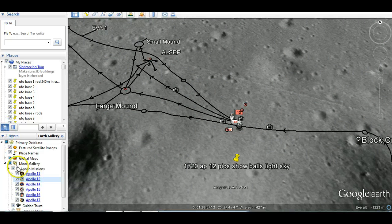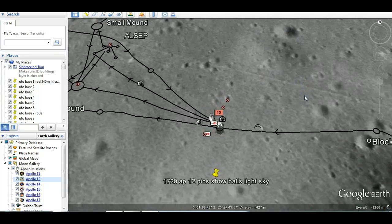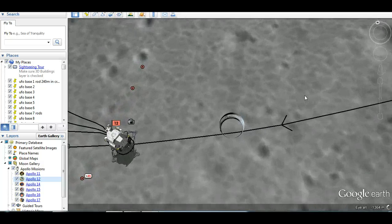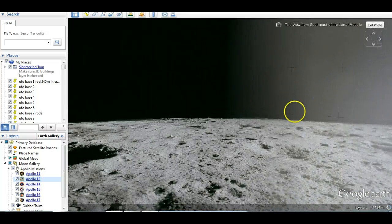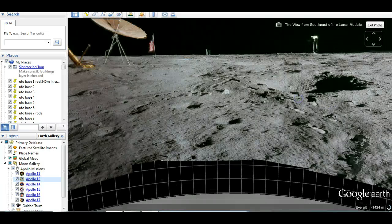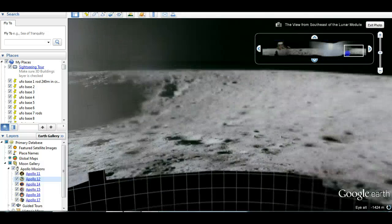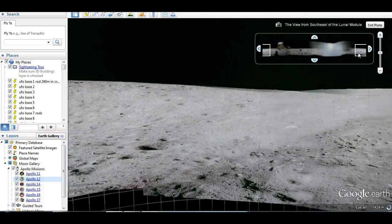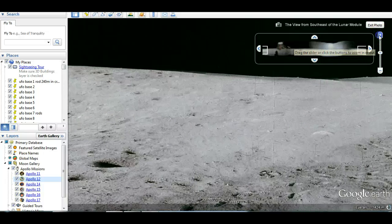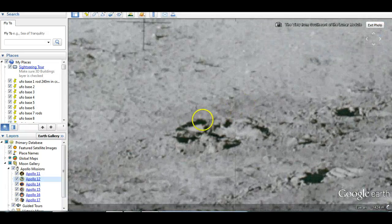We'll zoom in on some more now. Just to show where we are again, down the bottom left, click Apollo 12. Go next to these shots, the view from the southeast of the lunar module. That's the picture we're referring to. Zoom in. And as you'll see, that's where we see these what look like barnacles all around. So if we actually go into this area here, you actually see it on the top how I'm zooming in, and just the beauty of these pictures are you can actually zoom in very close. Now we see